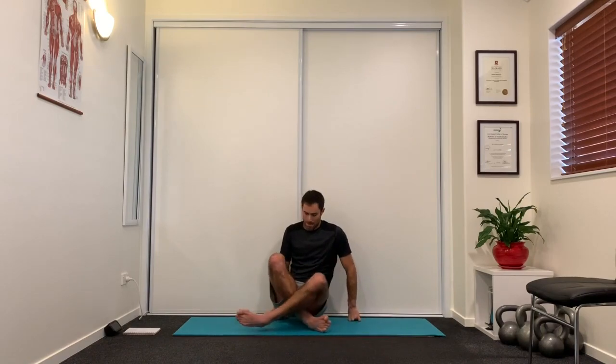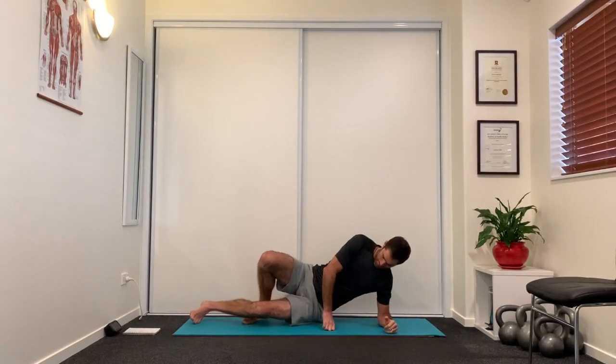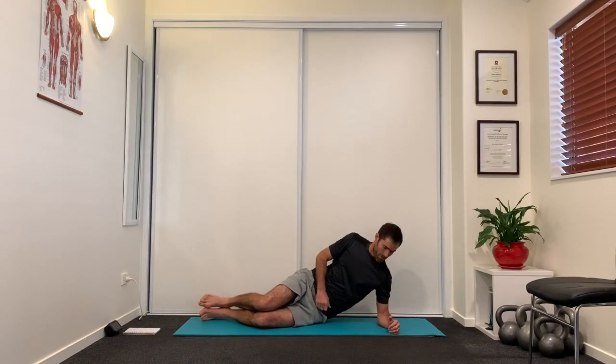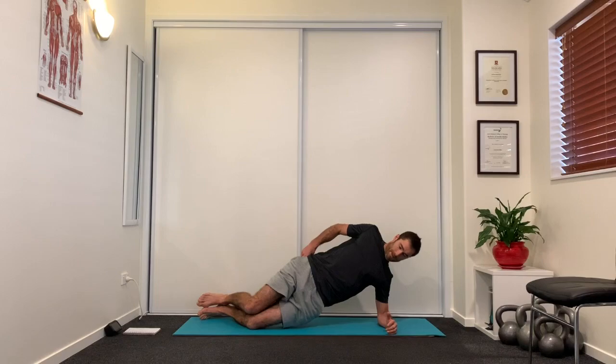Coming over to our left hand side. Okay, knees together. Forearm on the mat. And let's come up on our left hand side. So drive the hips forward, get nice and strong through the shoulder. If you want to take it a step further,